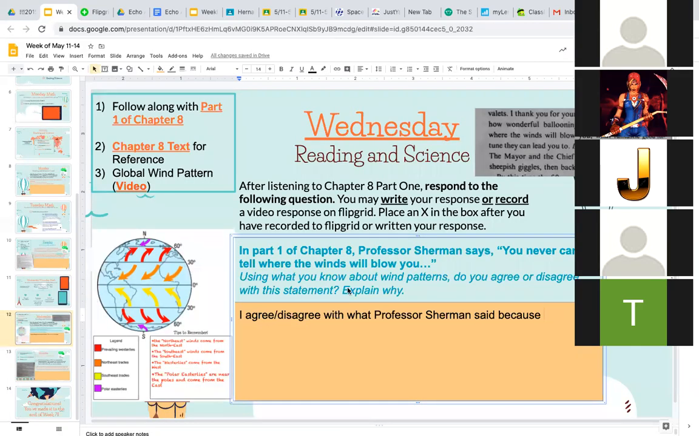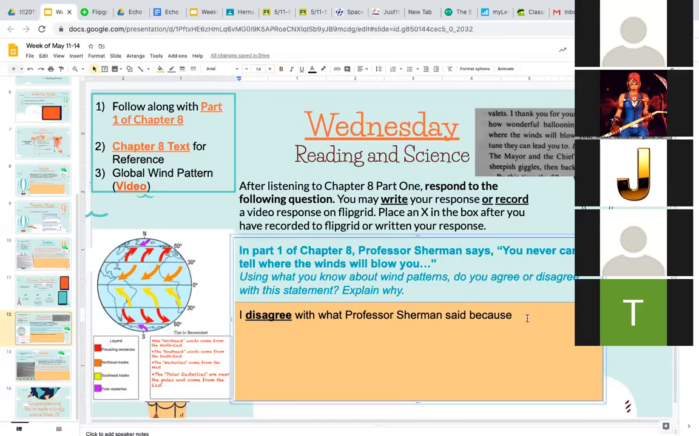Very good. So I just gave you two different scenarios, and you were able to correctly tell me where the winds would blow me. So, using what your classmates just said, do you agree or disagree with what Professor Sherman says? You can never. I agree. You agree that you can never tell where the winds will blow you? Oh, no. No. Okay. So your answer, Maverick, you were correct, should be that I disagree with what Professor Sherman said